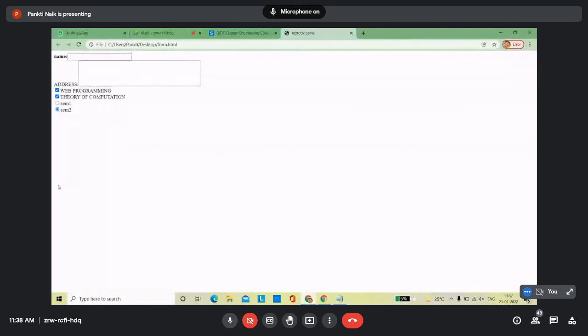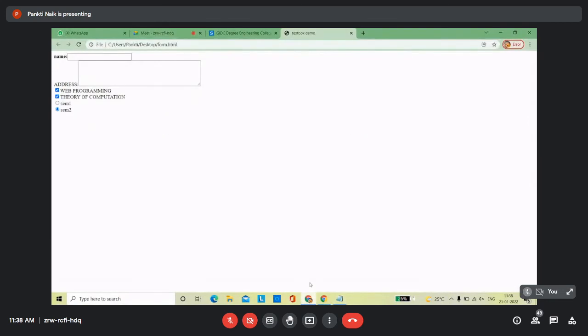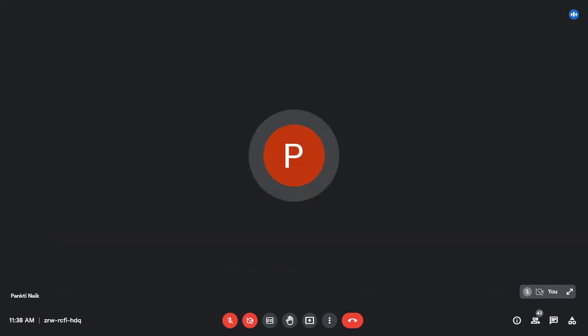Yes, ma'am. Okay, so this is about the checkbox and radio component of the form, right? Next component is button, right? Whenever you want to create a button in your form,